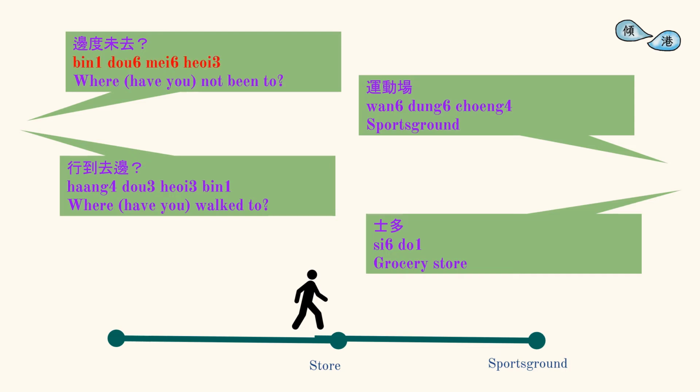邊度未去 So re re mi 邊度未去 運動場 re re do 運動場行到去邊 Do mi mi so 行到去邊士多 re so 士多